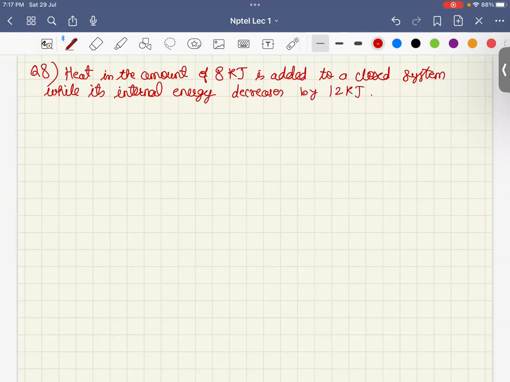Work done, then in that case, remember this is work done by the system